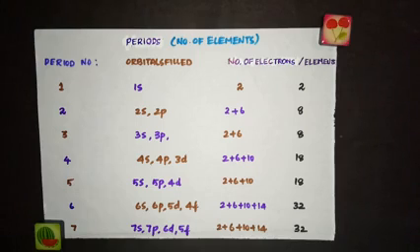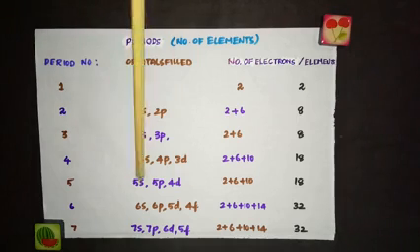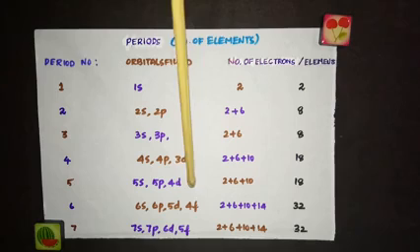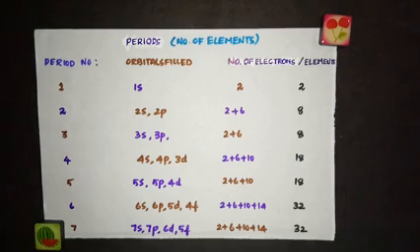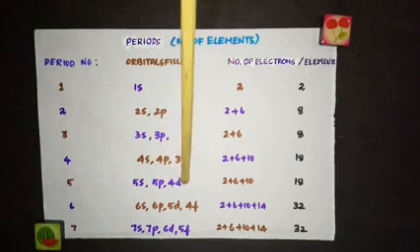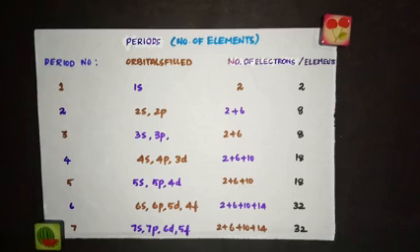5s will be filled first, and then 4d, and then 5p. So the total number of orbitals available are 9 orbitals. How do we say 9 orbitals? In s we have 1 orbital, in p we have 3 orbitals, and in d we have 5 orbitals. So 5 plus 3 plus 1 would be equal to 9. Number of orbitals is 9, and each orbital can accommodate 2 electrons, so the total number of electrons would be 18. So we have 18 elements in the fifth period.